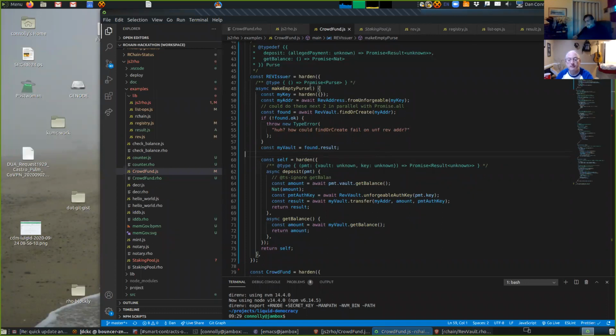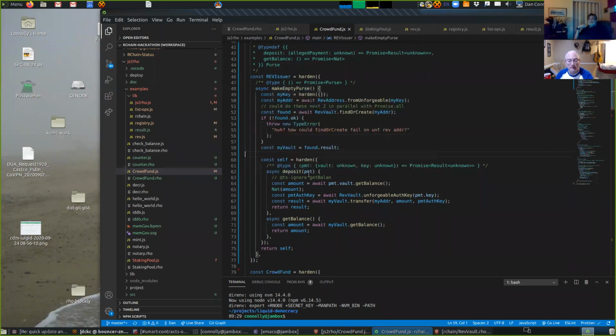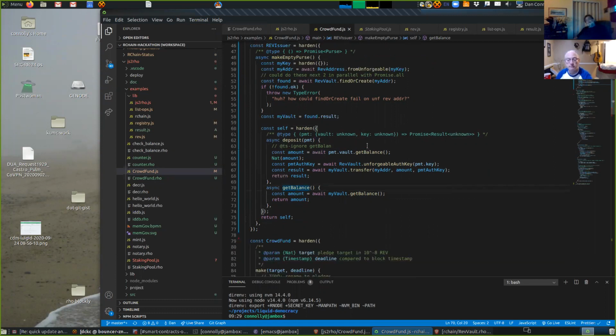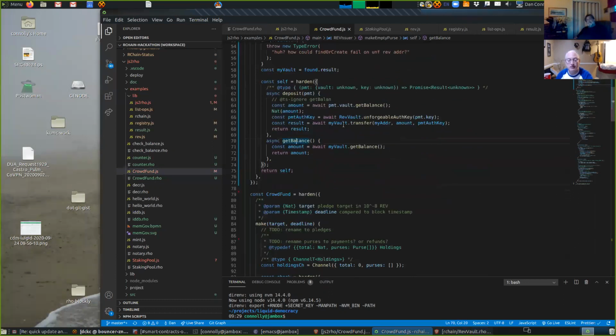This is how you can make an empty purse, and it has a deposit method and a getBalance method. And so given that we now have normal ERTP purses,